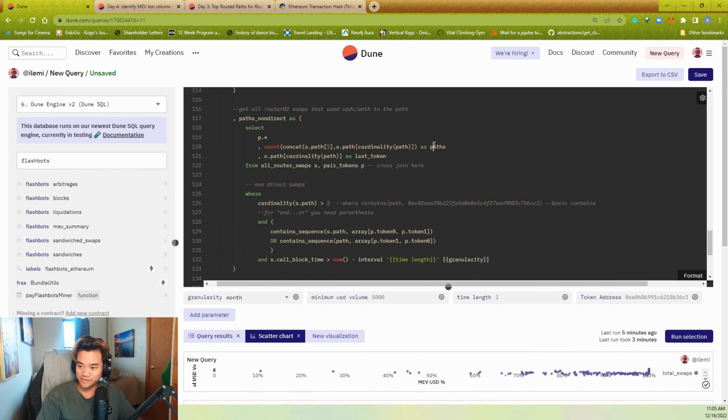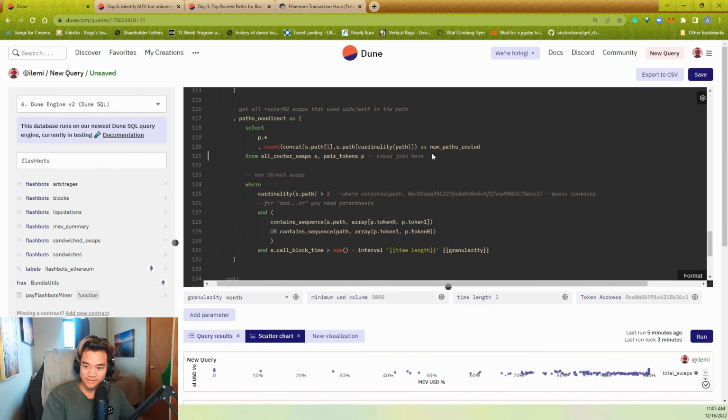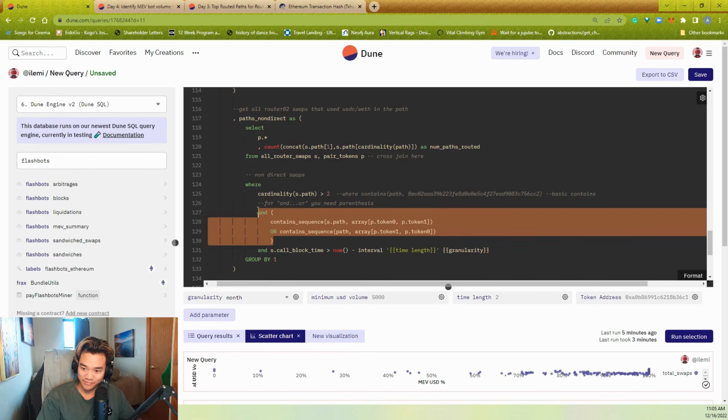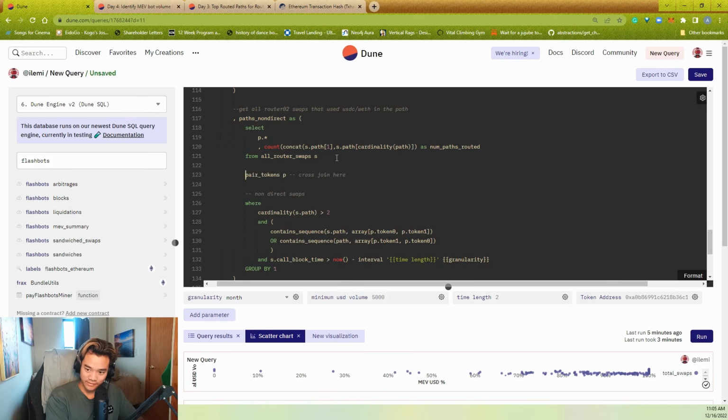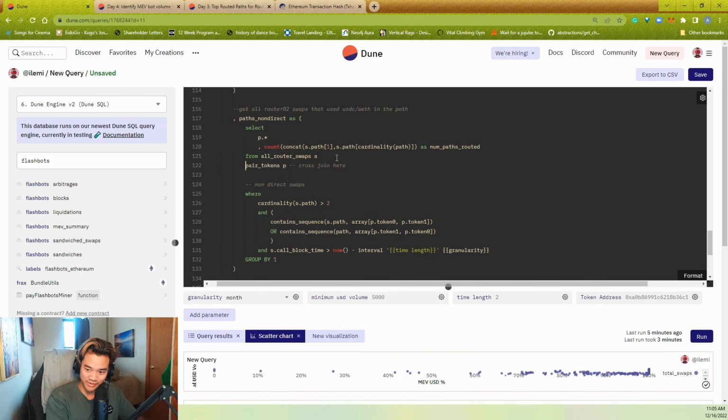So I'll call it num paths routed. I don't need this. And I do want a group by 1, but I can't do this part in the where statement this time. So instead I want to do a join, right? And how I'm going to do this join is basically saying, all right, for every row in pair tokens, because joins check every row in join tokens, I want to check